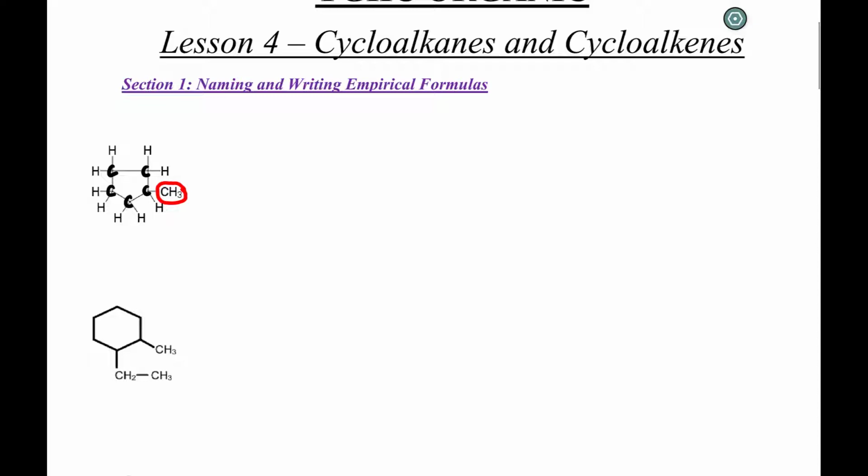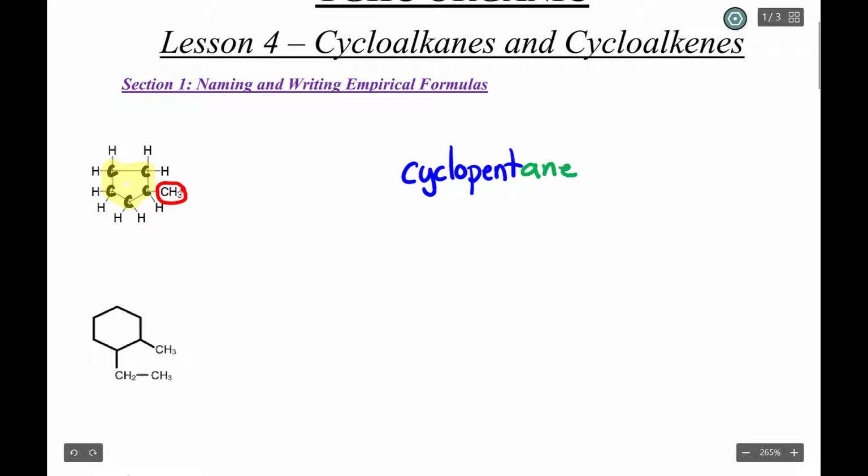So for instance, there are 5 carbons in this ring, or in this cyclo compound, and so this would be called cyclopent. Okay, so we have to add the cyclo in front of the main chain, which was 5, so cyclo, there's 5 in the main family chain, so cyclopent. Now, again, the ending here is just going to be simply an ane,